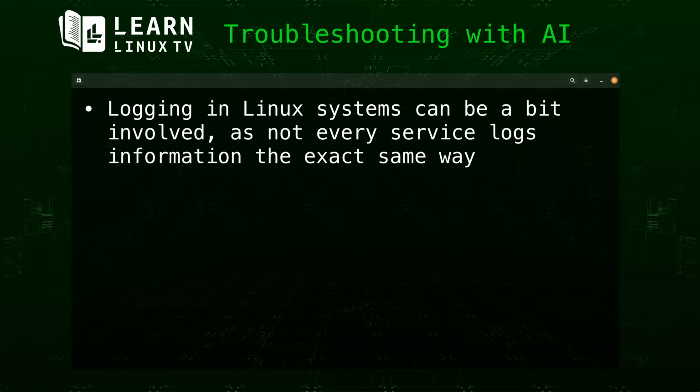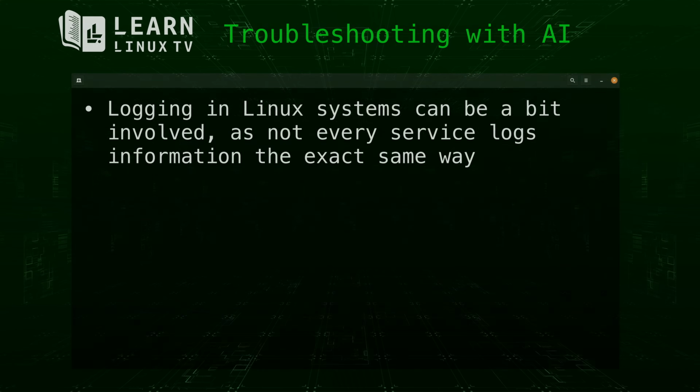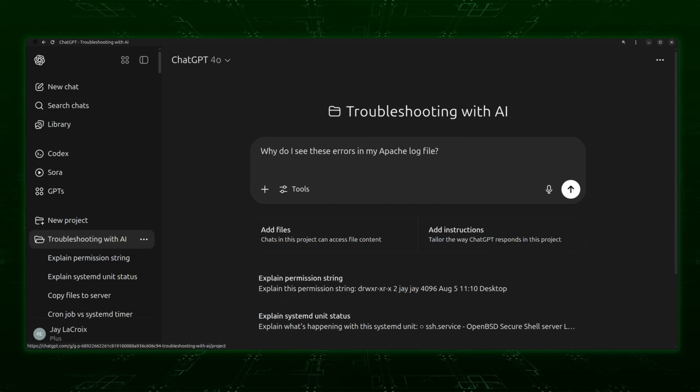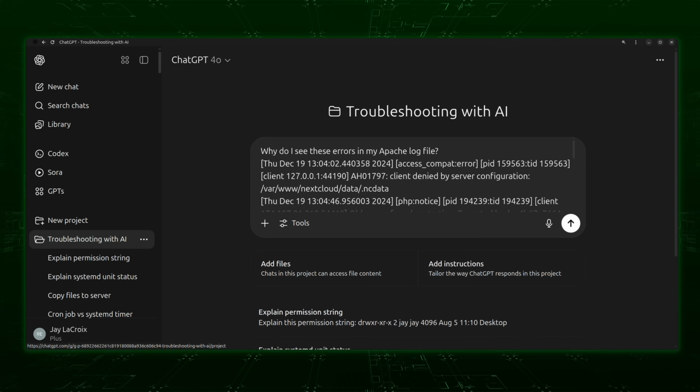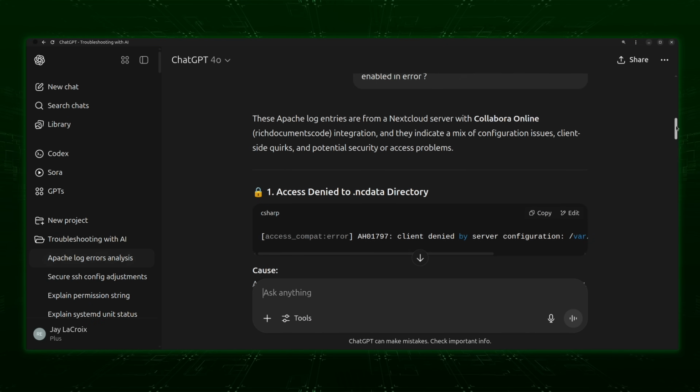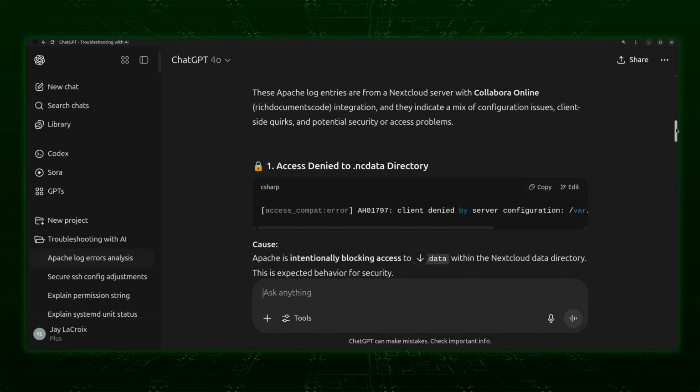But beyond the obvious, you'll run into situations constantly where you're seeing an error message for the very first time and you might need help understanding it. For example, consider a web server. If you aren't able to access a web page from your Linux server, you could paste your Apache or Nginx log files into AI and have it help you understand what exactly is going on and why your site isn't working. Just about any logging-related output can be explained by AI, so it's worth a shot.